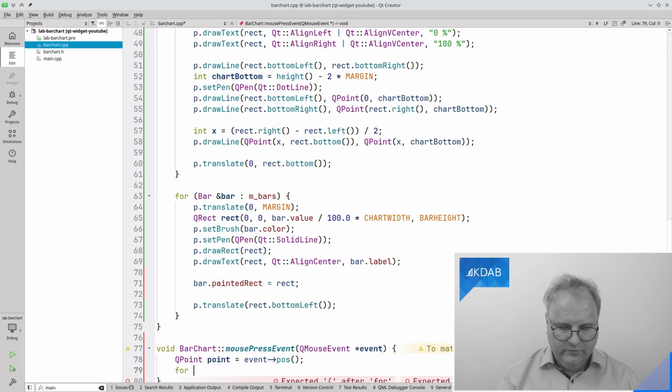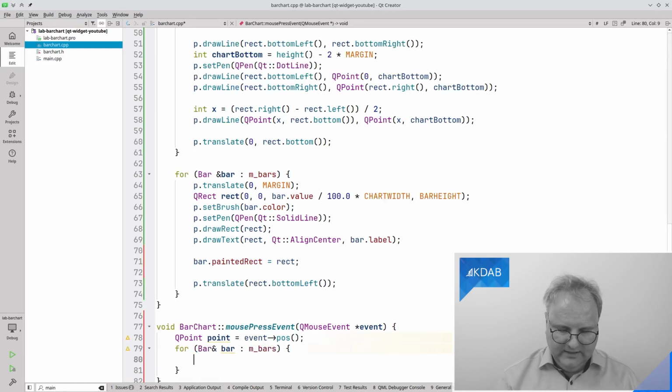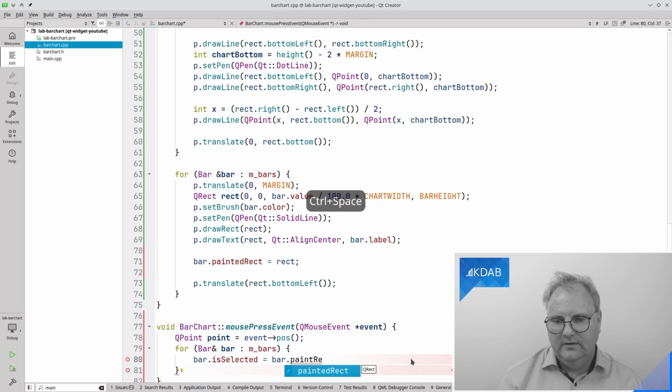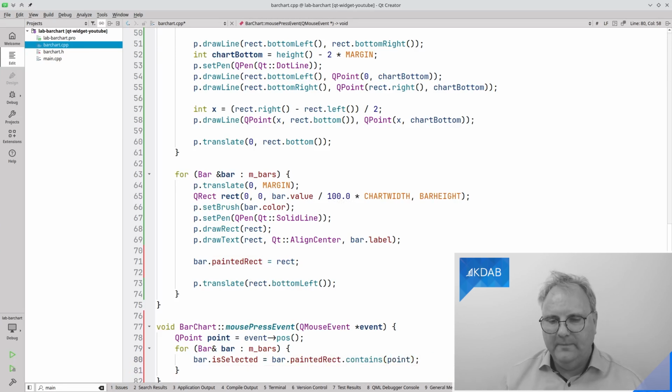I will go through each of my bars here, and I will say bar pointer, is_selected is equal to whether bar.painted_rect.contains this point. That way I will update all of my bars: when I click somewhere, I'll run through all of my bars and set is_selected.